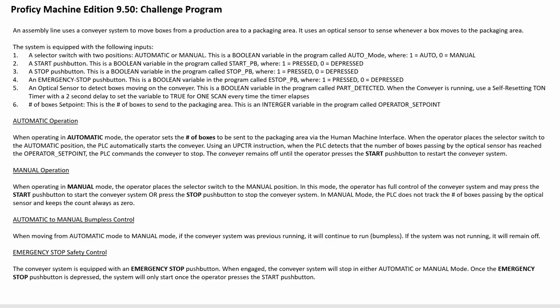Let's talk about automatic operation. So when we're operating in automatic mode, based on the selector switch, the operator will set the number of boxes to be sent to the packaging area via an HMI or human machine interface, and they're going to enter that in through like soft push buttons using a touch screen. And when the operator places the selector switch afterwards to the automatic position after setting the number of boxes,